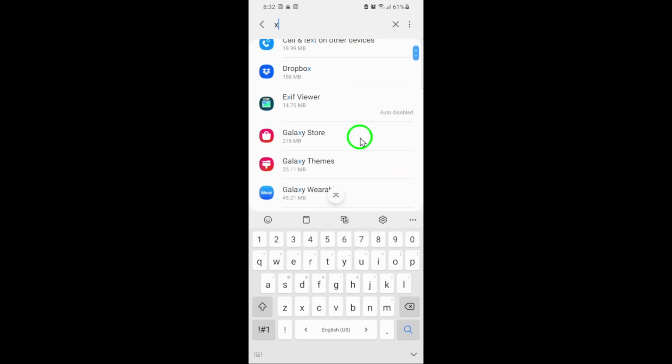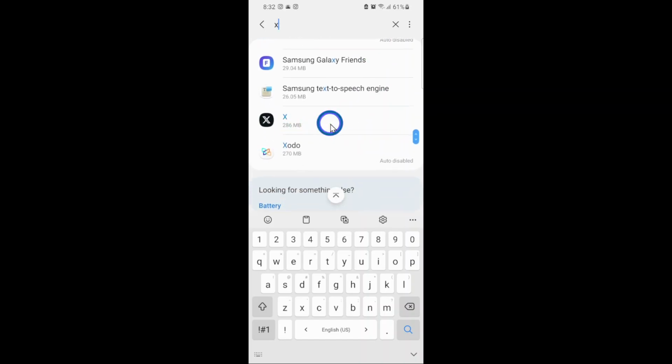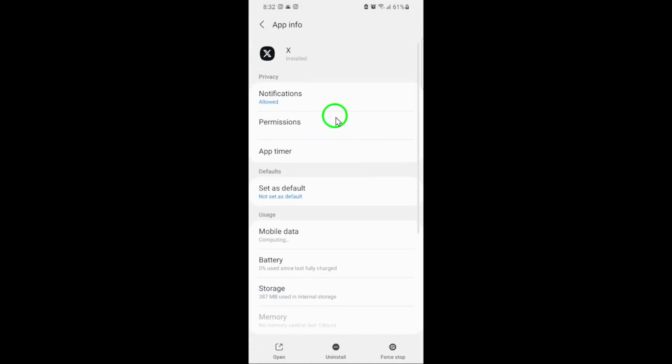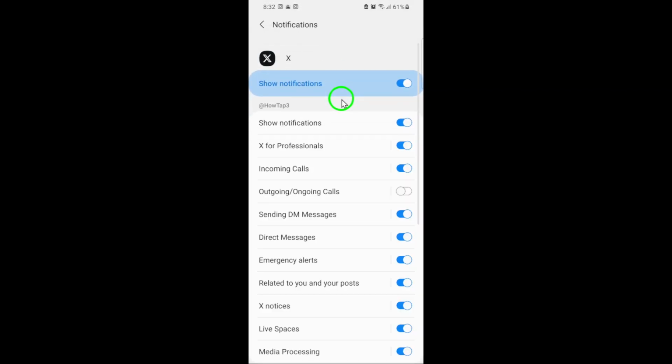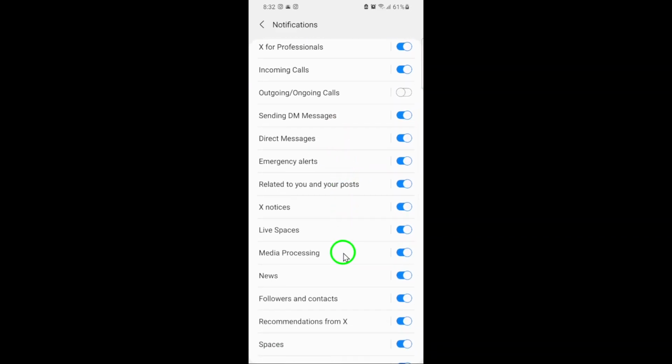Inside the app's settings page, look for the Notifications option and select it. This is where you can manage the different types of alerts the app can send you. From here, tap on Notification Categories. This will display a list of specific types of notifications the app sends, which may include things like messages, updates,